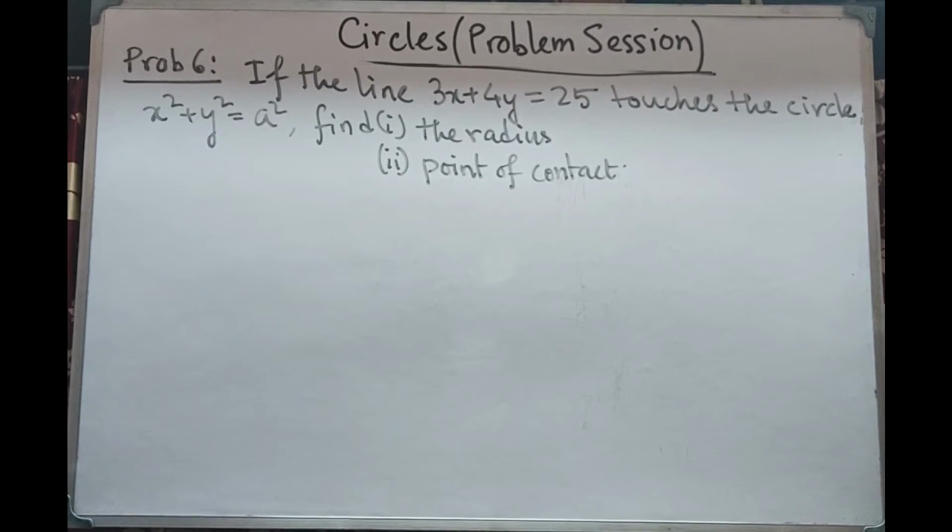solve the equations simultaneously. That is what we do in the theory, and it is the best way to solve the problem. So here, since the line is touching the circle, we put the value of either x or y in this equation, and from that we find the value of x. Another thing is in our hand: the line is touching the circle, which means the discriminant of the quadratic equation will be 0. So let us see one by one. First of all, let us draw the circle.